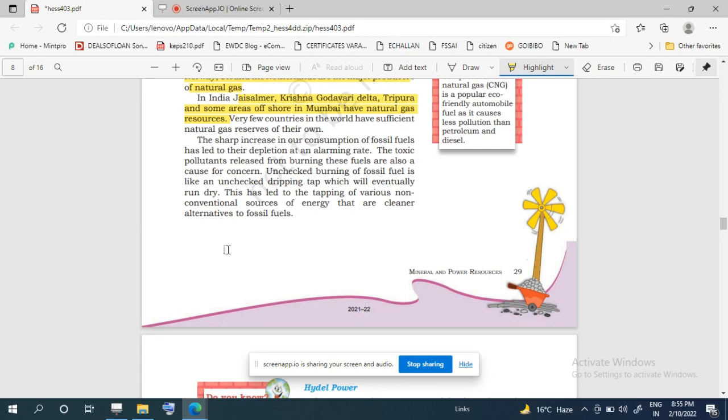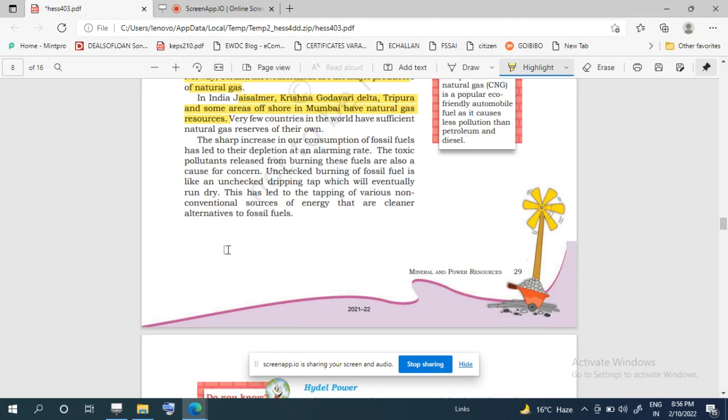And what we find is that fossil fuel, in order to generate energy from it, is to be burnt. इनको जलाना होता है, और जब ये इन्हें बर्न किया जाता है तो these fuels release very unhealthy, very hazardous toxic gases in the atmosphere, है ना? तो